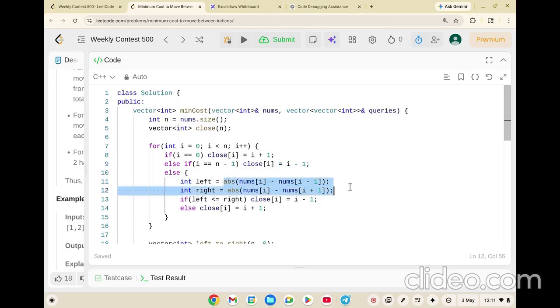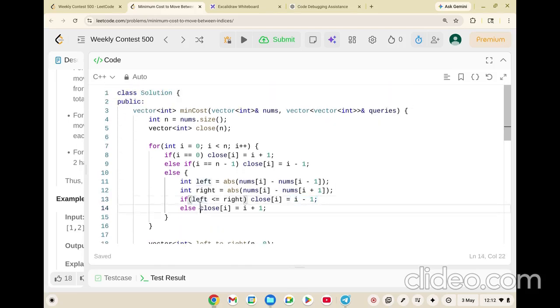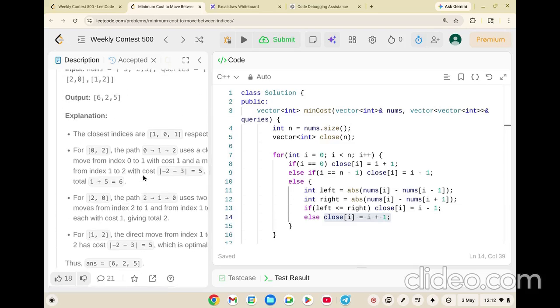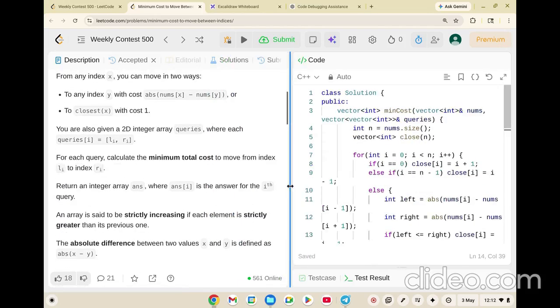The left and right is nothing but the difference of both elements, which is left to it and right to it. And if left is less than or equal to right, then you will say close of I will be I minus 1. I hope how we are calculating close is clear to you. And else close will be equal to I plus 1, because they have said that if left is less than or equal to right, then the element which is prior to it, or the smaller index, should be the answer. Okay,